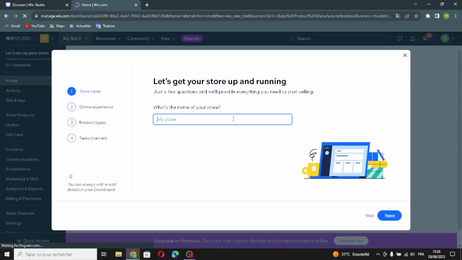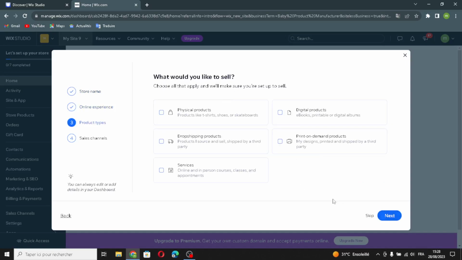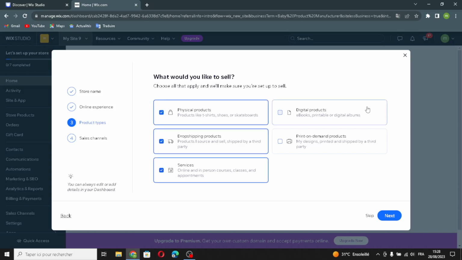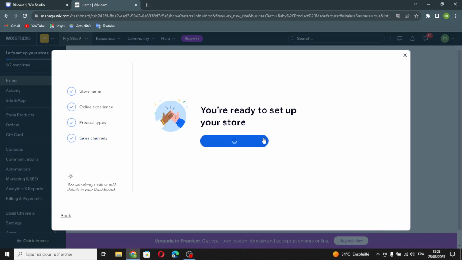Now enter your store name, type any name you want. Do you already have an online store? If you already have one, choose yes, or no. Now let's move on. What would you like to sell? Physical product, dropshipping product, services and digital product. Where would you like to sell? Online store, my mobile app, marketplaces and social media. Now continue to dashboard,